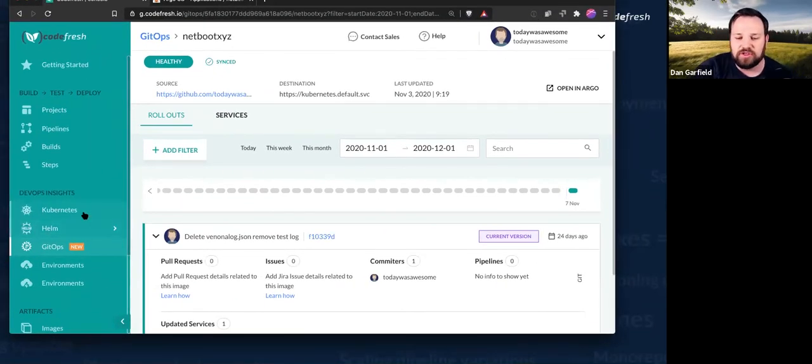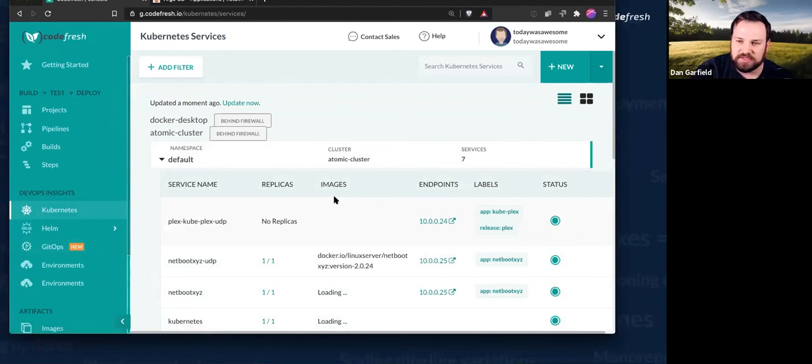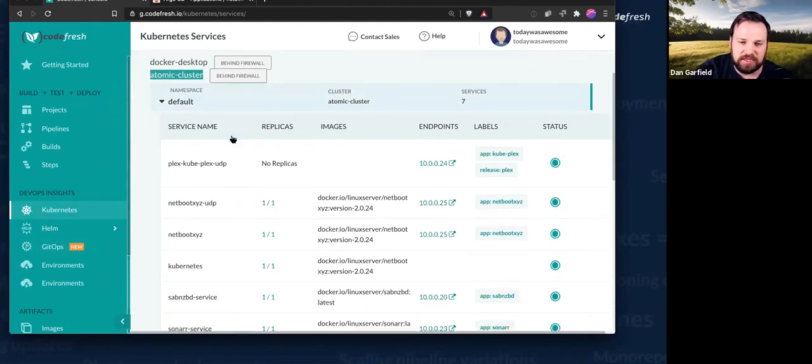In Codefresh, the resources that I want to deploy to are defined as objects. So I actually define my cluster, my atomic cluster, for example, as a defined cluster that exists. Now I can reference this within my pipeline.